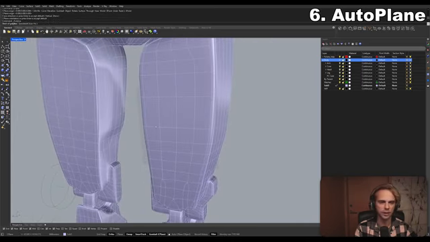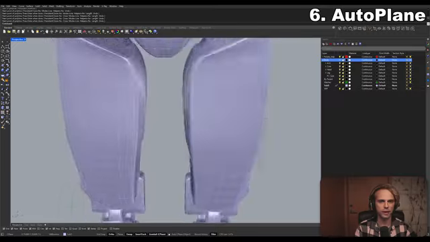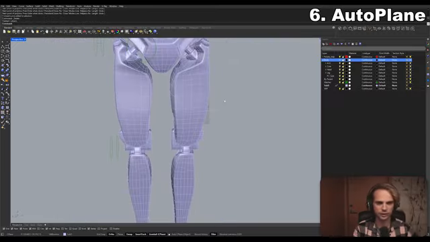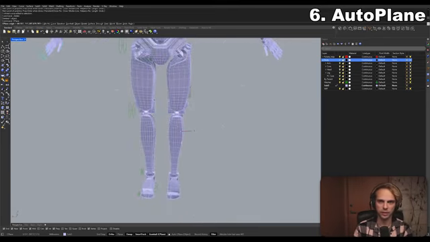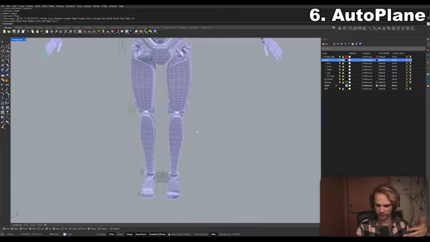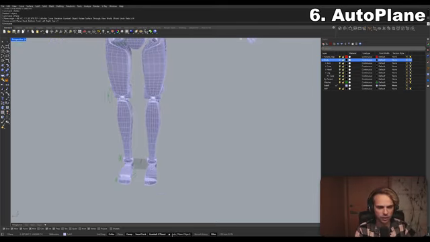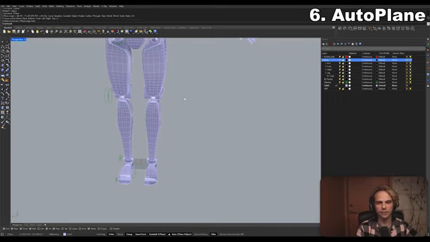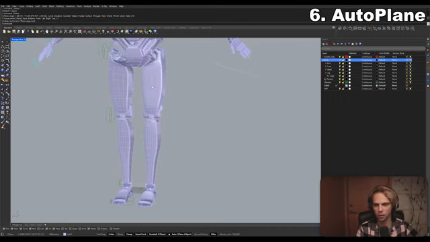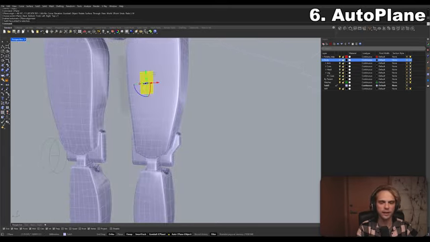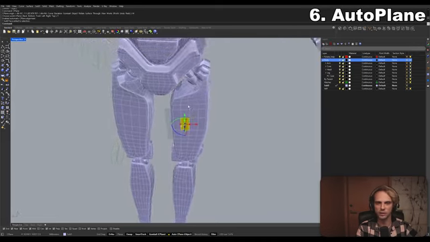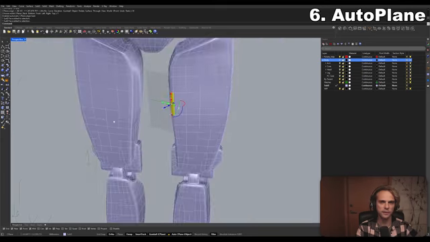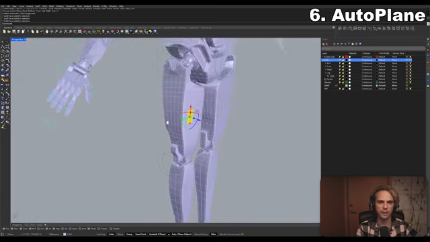So now if I were to draw anything here, this shape draws on that particular C-plane. If I want to reset it, I just type in C-plane, W, T. CPlane, World, enter, Top, enter, right? So it resets. Now, here in the bottom, where it says auto C-plane per object, if I make this active, and now with Control Shift, which is the sub-object selection tool, I select any of the faces of the robot that I have here, the C-plane will be snapped